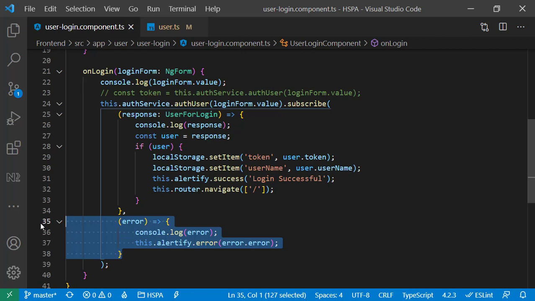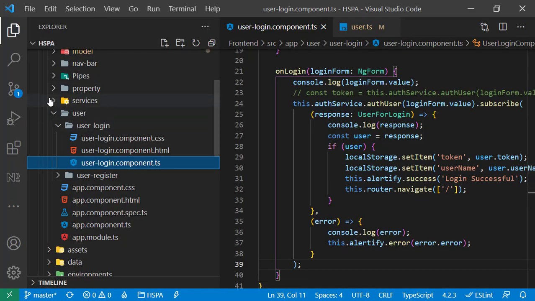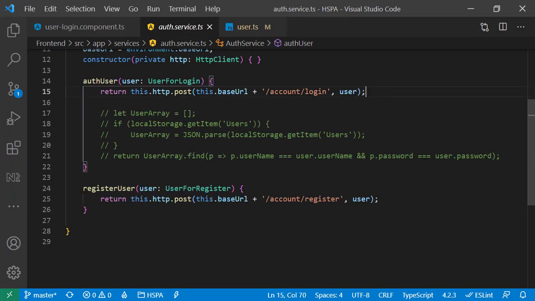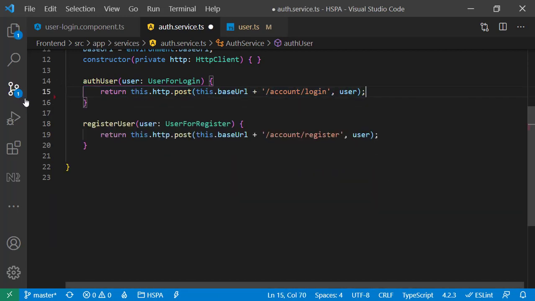But if you have thousands of components, it is really bad advice to follow this approach because we need to repeat this code in all the components. Although we can write this error trapping logic in our service as well, we may have hundreds of different services in bigger applications. Then also we need to repeat this error trapping logic in all of our services. This is a very serious anti-pattern and we should never repeat our code.